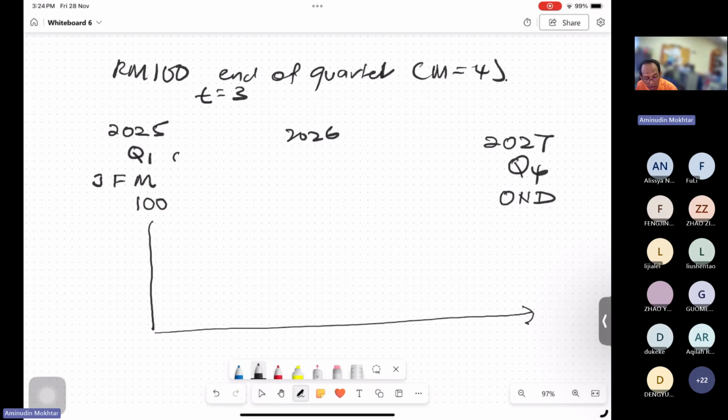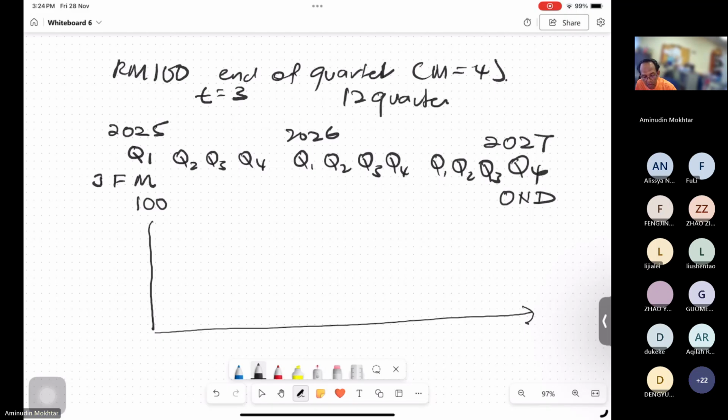In 2025, we have quarter one, quarter two, quarter three, quarter four. 2026 also we have quarter one, quarter two, quarter three, quarter four. Also 2027 we have quarter one, quarter two, quarter three, and quarter four. So in total they have 1, 2, 3, 4, 5, 6, 7, 8, 9, 10, 11, 12. They are 12 quarters in total, because this is for 3 years. Okay, now